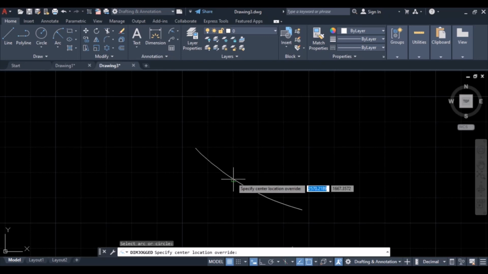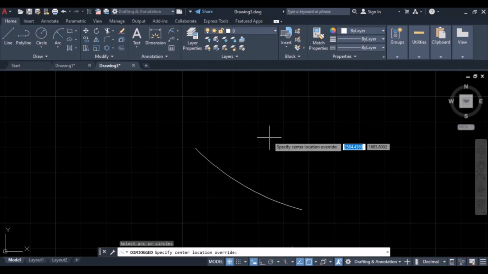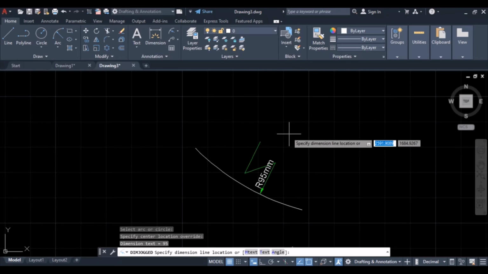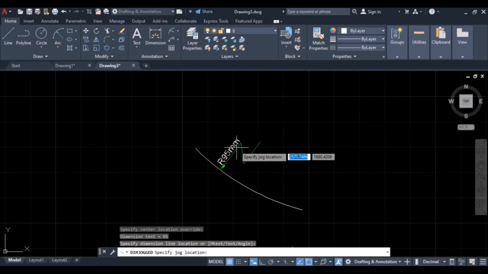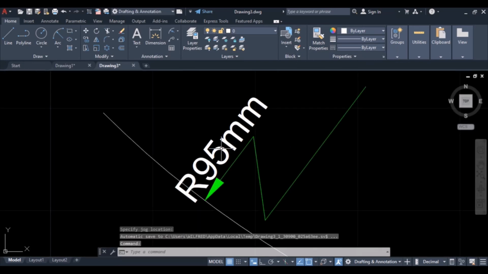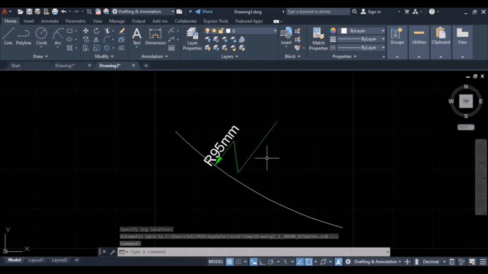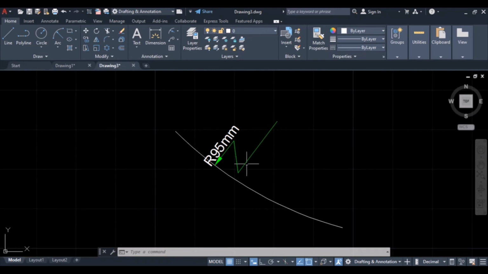Click on this one. Then this way. Just as simple as that. This dimension line will be short. It will show that it is continuous.